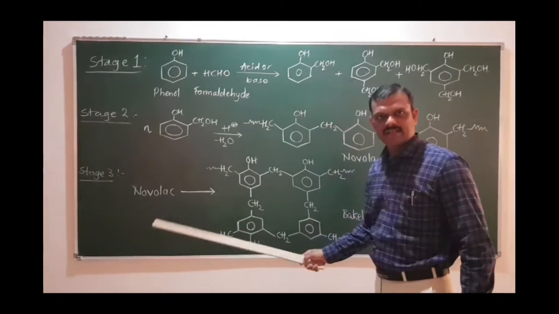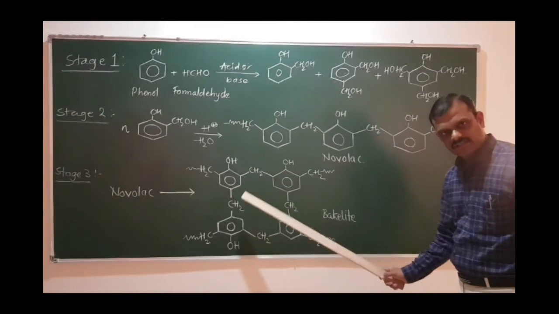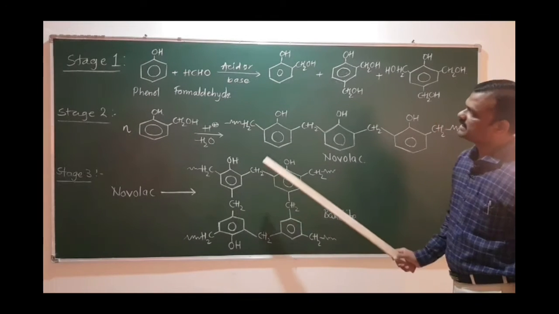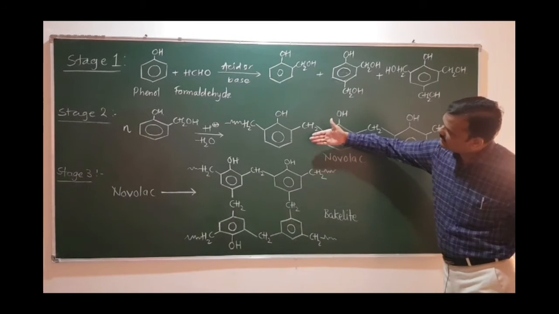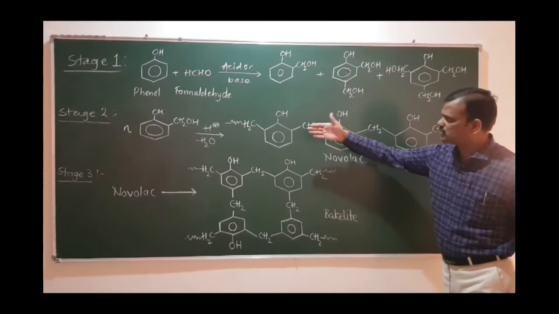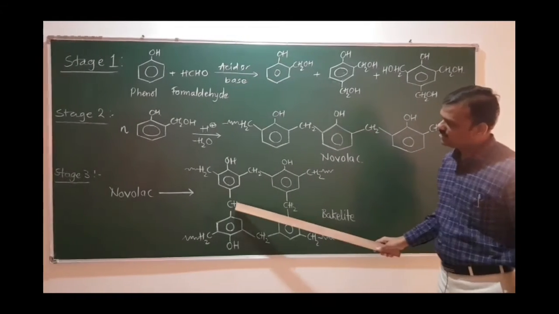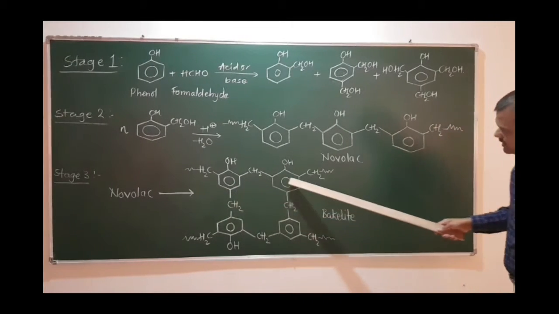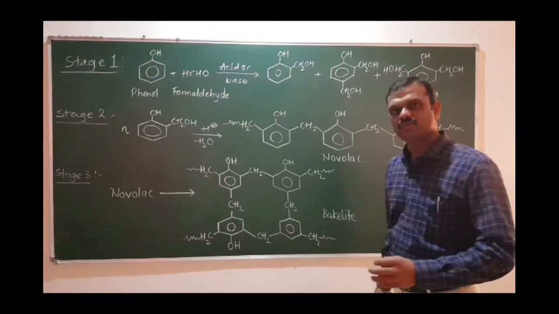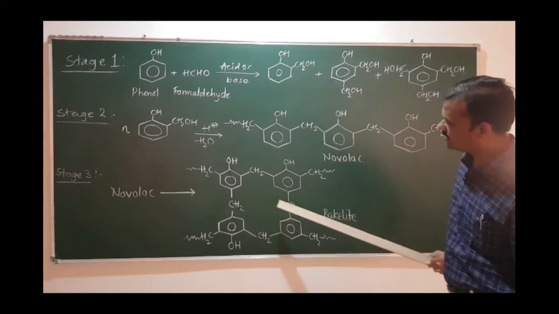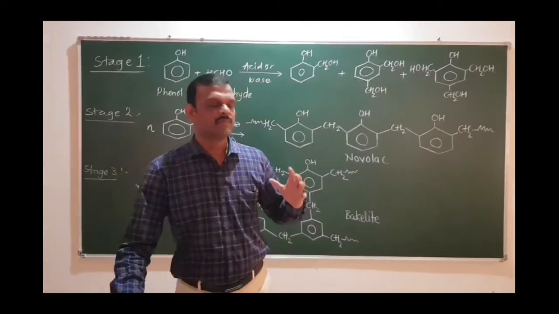Now what happens in stage 3? This novolac is heated and it forms a branched, or you can say cross-linked polymer. That means this molecule, and another molecule that is a mirror image of this. That means two lines of novolac with mirror image link together through CH2. This one is the first layer of the novolac and this one is the second layer of the novolac. They link to each other by CH2 and you will get the symmetrical polymer which is known